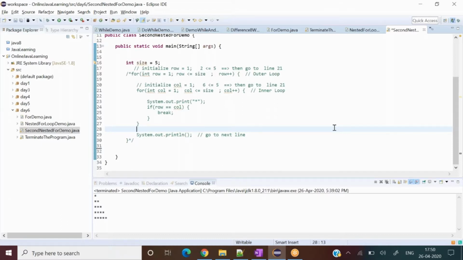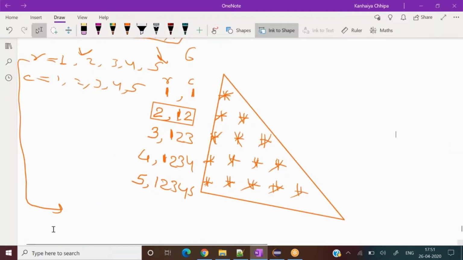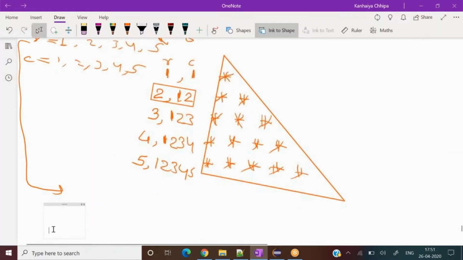All right, let's say one question. We have right now one inner loop. Let's say we had a third inner loop. Similarly, it would come to the second inner loop condition and go into the last inner loop that we have. It will execute all those, then go to the second most inner loop, execute all those, and then go to the initial for loop. Yes, your understanding is right.